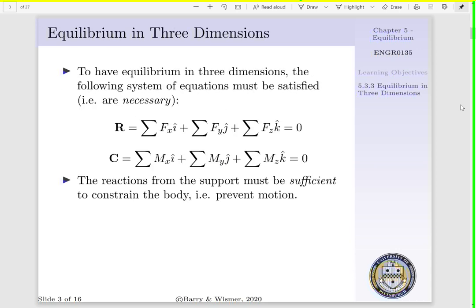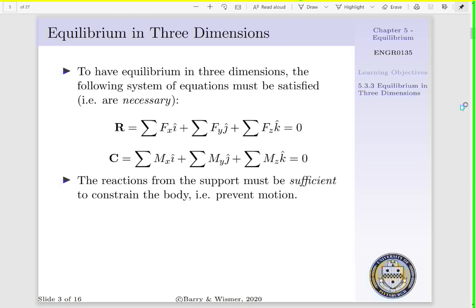For us to have equilibrium in 3 dimensions, the following system of equations must be satisfied, i.e. they are necessary. Our total reactionary force on our system, which is the sum of the forces in the x direction, plus the sum of the forces in the y direction, plus the sum of the forces in the z direction, has to be equal to 0. This means that each of our forces, or the summation thereof in our principal directions, identically have to be equal